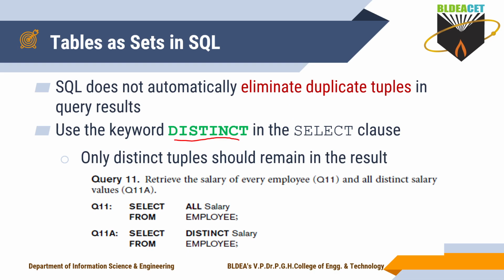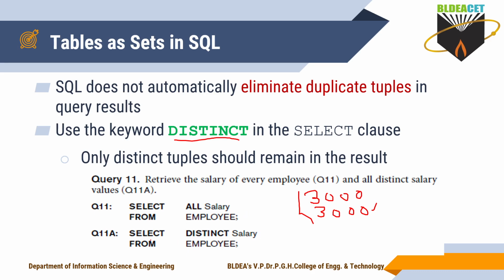Okay. So in the select, retrieve the salary of all employees and all distinct salary values here. Same salary, if it is repeated for more than one employee. Assume that 3000 is the salary for two employees. Then if I execute this query, select all salary from employee, what output will you get? You will get 3000 twice, a duplicate. This is the duplicate of the salary. If I want to retrieve the salary of every employee, then you have to go like this.